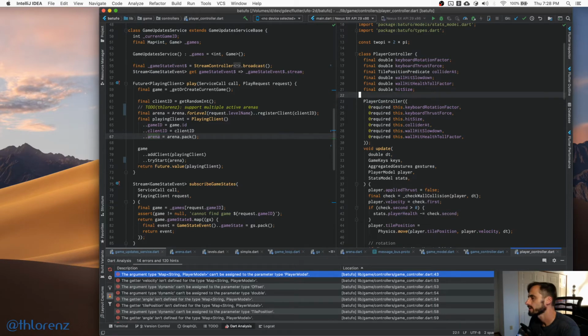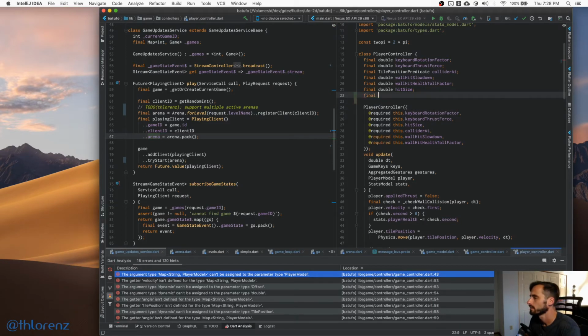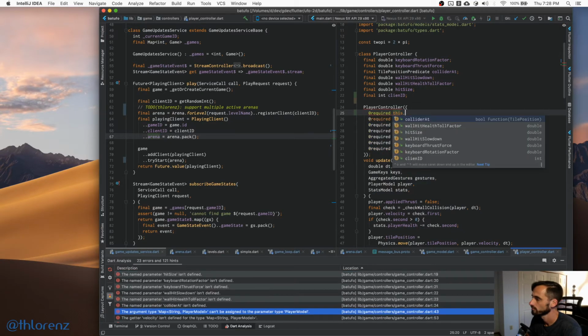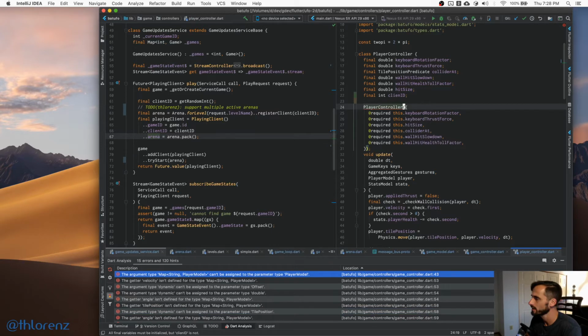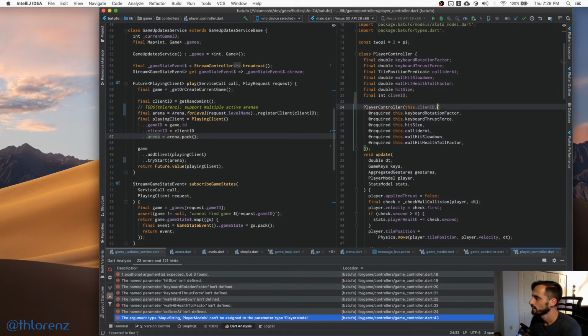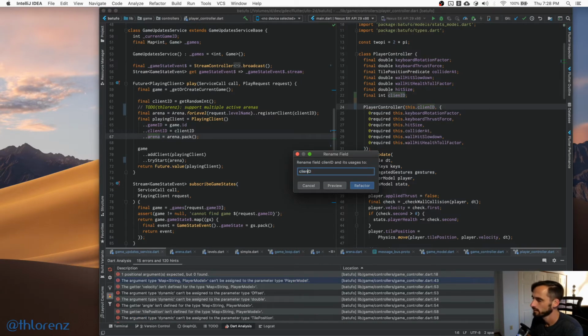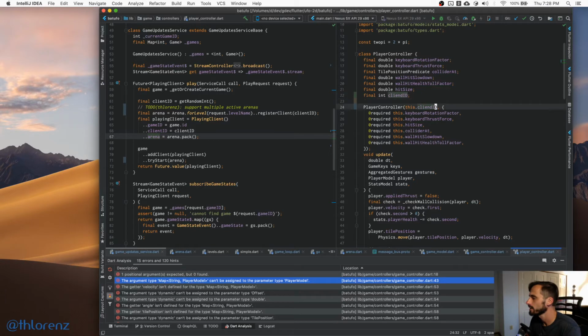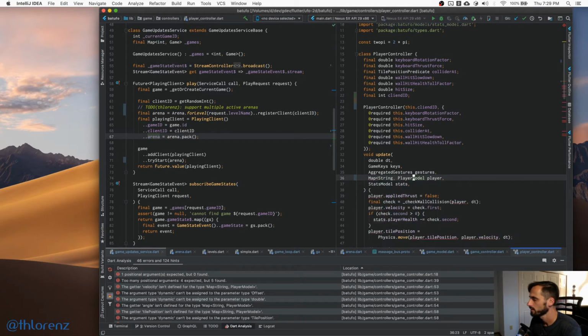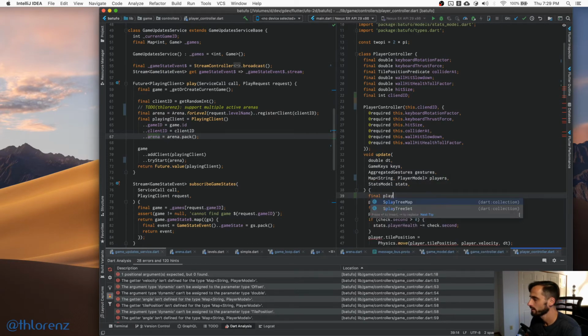So what we could do, we can say, and actually let's make that a field like that, because that kind of makes sense. I have a typo there. All right, so we got the client ID that we now pass in. Now when we do an update, what we get is a map of player model. And then we basically say our player